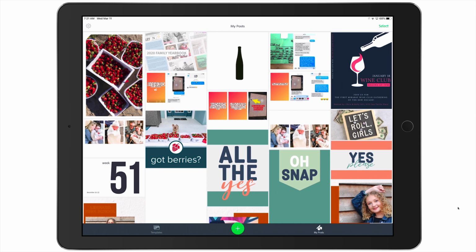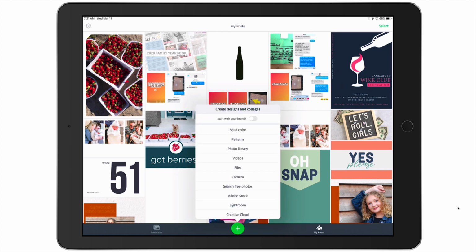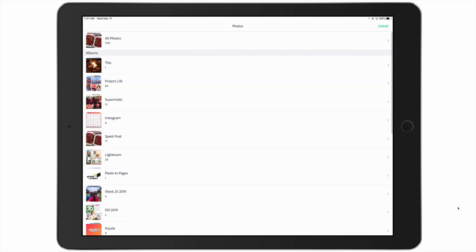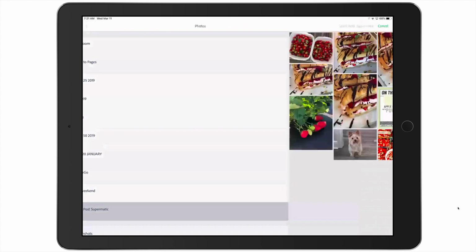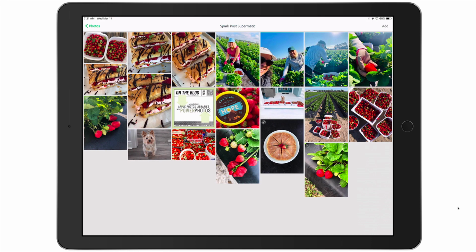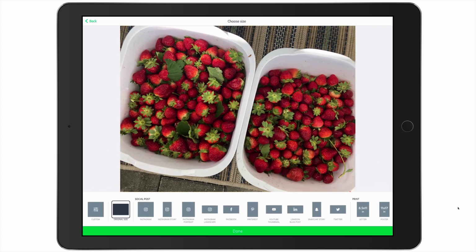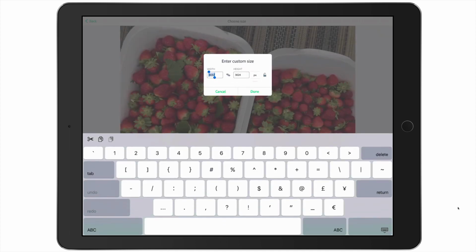Using the same steps, we're going to come back over here to my photo library, and I'll scroll down to my album. I'm going to select this photo right here, and then tap Add One. Come over here to my custom options, and I'm going to put in 1426 for the width and the 951